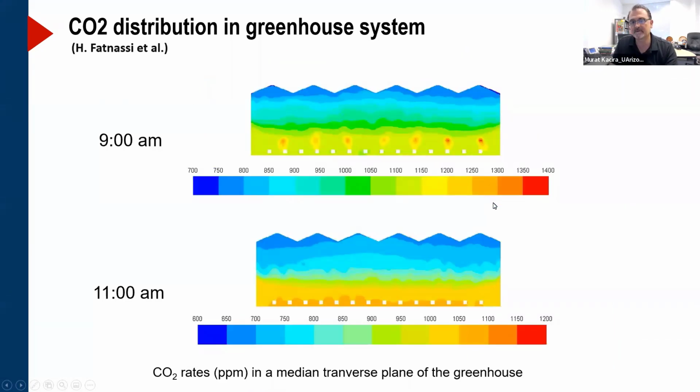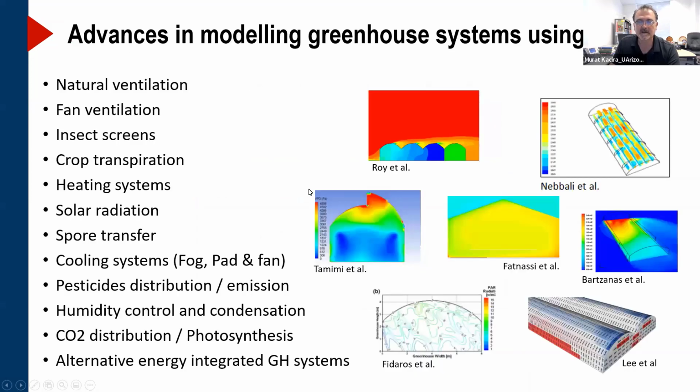And then, for example, carbon dioxide distribution in a greenhouse system was also evaluated and incorporated into the CFD applications in controlled environment agriculture systems. So later on, the interest in CFD analyses grew significantly over the years, exponentially, I can say, and the CFD analysis was implemented to natural ventilation analyses, mechanical ventilation, the effect of insect screens, crop transpiration effect,